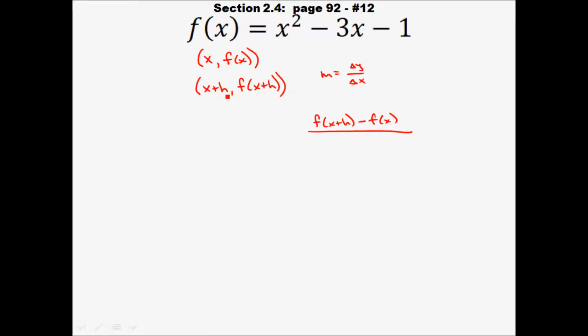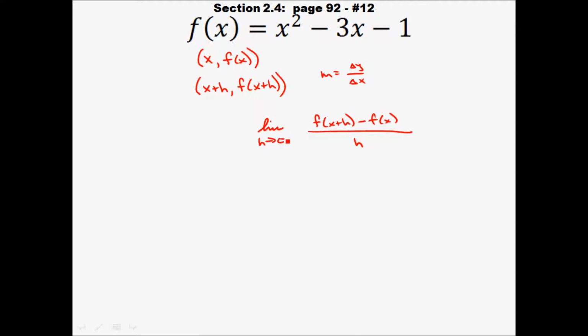What's the difference between x plus h and x? Well, that difference is just h. That's the slope of the secant line. But remember, we want the slope of the tangent line. So we want to bring those two points together so that the distance in between them is non-existent. So we're going to evaluate this expression